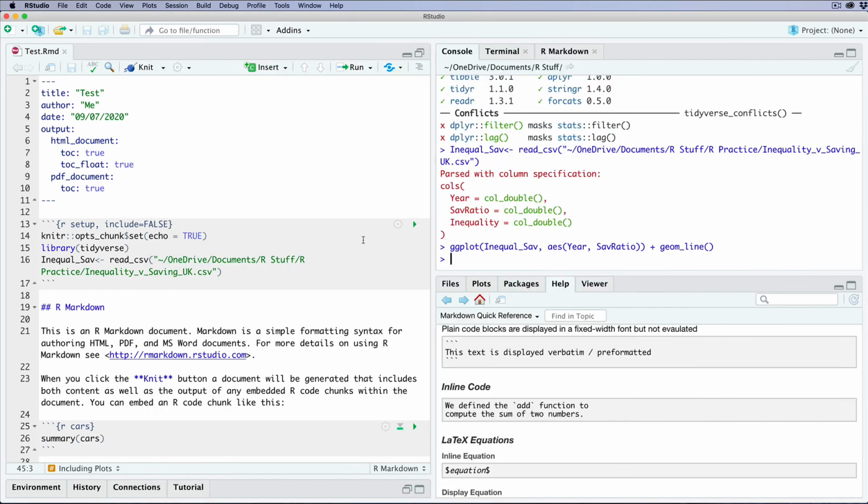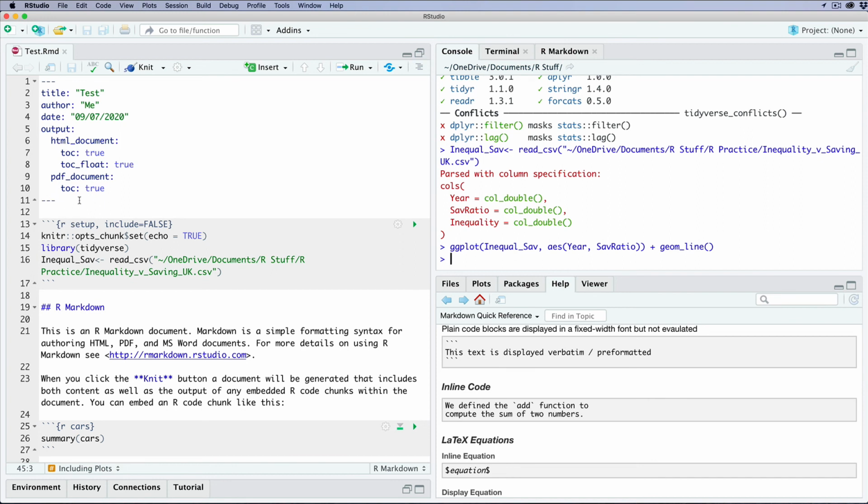Okay, so one final thing I just want to show here, and that's how we can change the formatting of a PDF document. As we saw with the default, it seemed to me that the font size was a little small. So I'm going to show how you can increase that, and also how you can change the margins if you want the margins to be smaller or larger, and also how you can specify the document size, the paper size that you want. So, for example, A4 or letter. Now you can do that by adding additional metadata